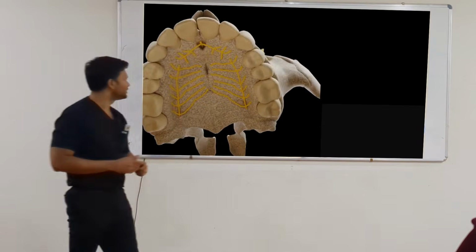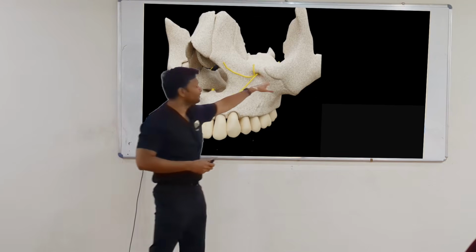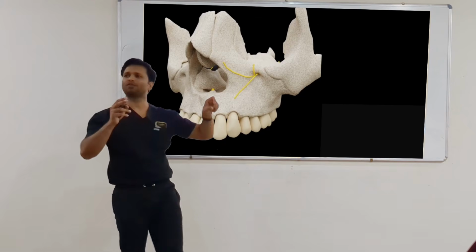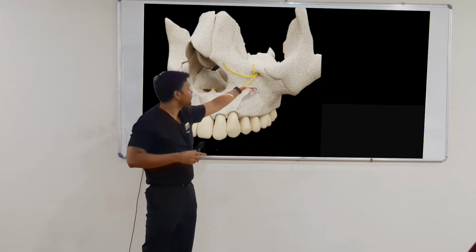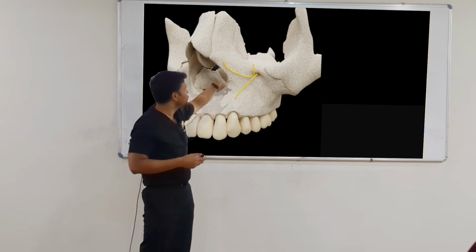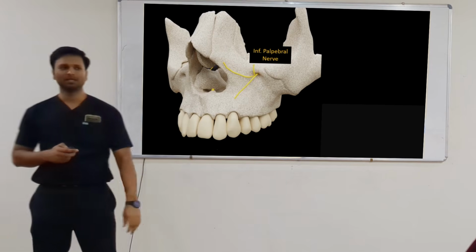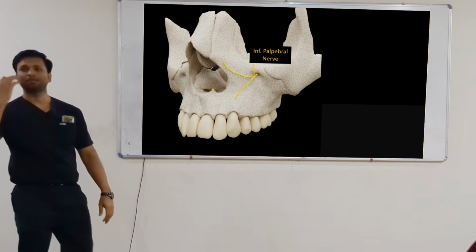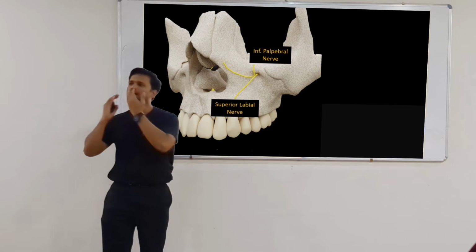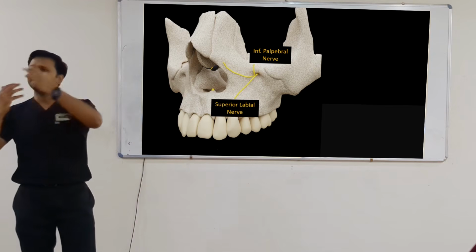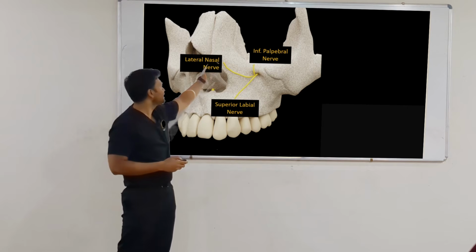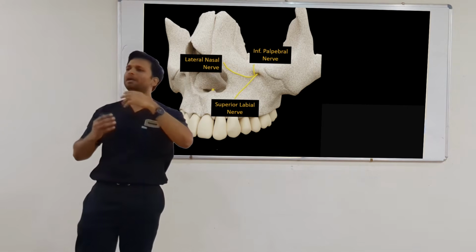So these are the nerves. Then we have the infraorbital nerve, which I had shown. It enters the floor of the orbit through the infraorbital canal, and it travels through the infraorbital canal and comes out through this foramen, that is the infraorbital foramen. And the terminal branches of this infraorbital nerve are, tell me the names. Inferior palpebral, it supplies the lower eyelid, because this goes upward into the soft tissue. Then superior labial, it supplies the upper lip on one side and the labial mucosa, labial gingiva and the periosteum. And the lateral portion of the nose is supplied by the lateral nasal nerve.